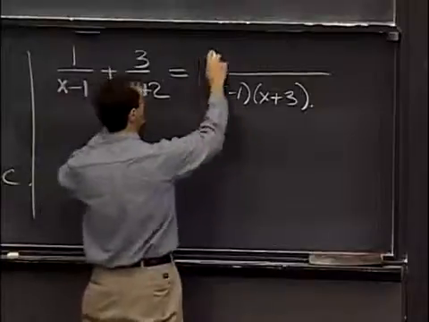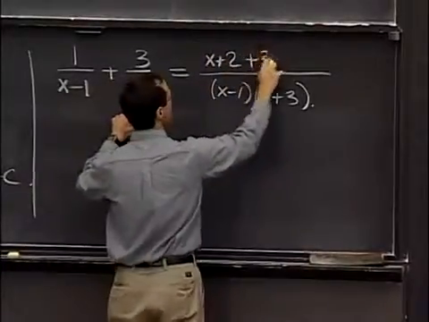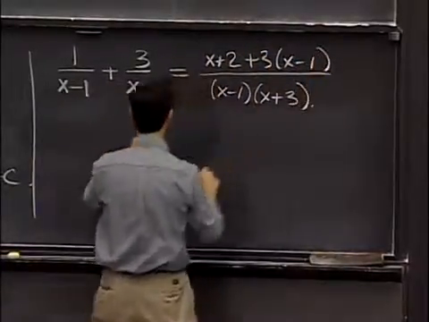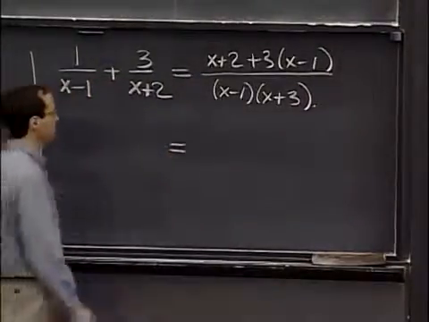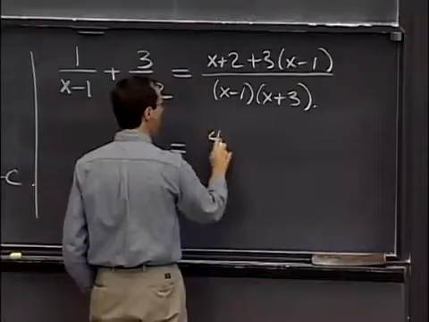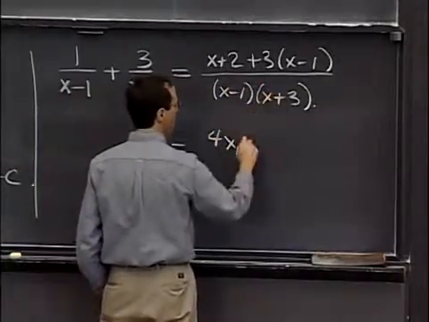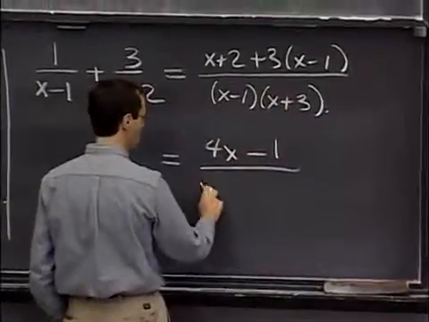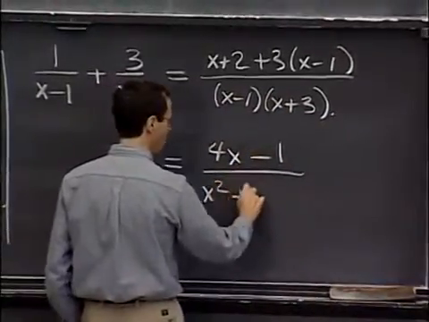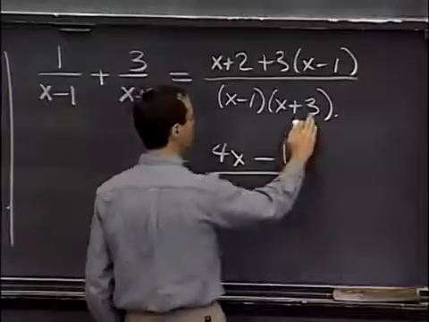And so that gives me x plus 2 here plus 3 times x minus 1. Now if I combine together all of these terms, then altogether I have 4x plus 2 minus 3, that's minus 1. And then if I multiply out the denominator, that's x squared plus